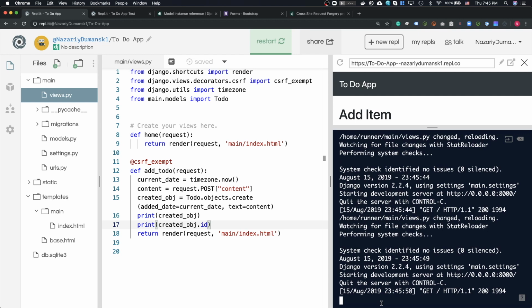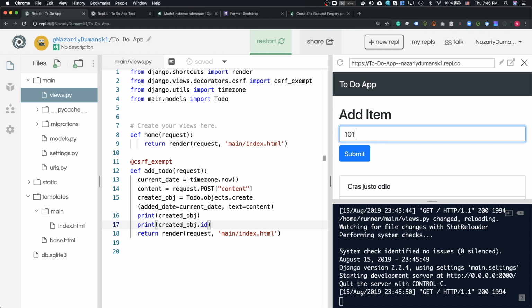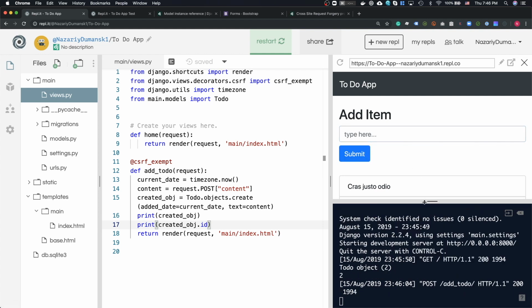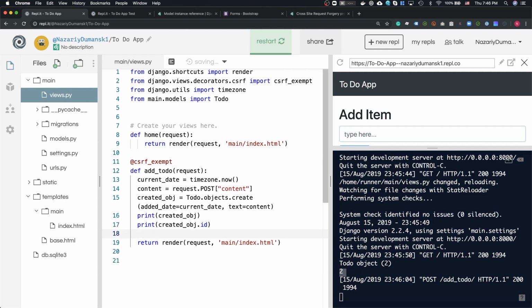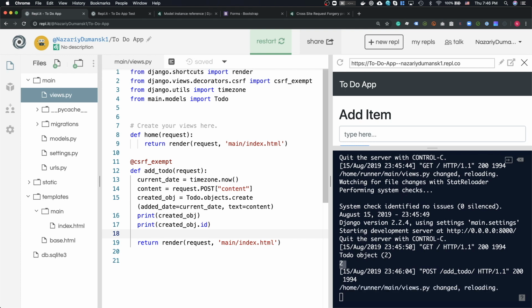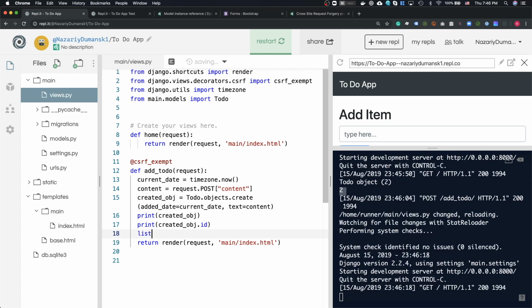So let's try this again. Add item 101 book. Submit. There we go. To do object 2, the ID of it is 2. That means it's created. If we want to, actually, there's another way you can do this, is we can also print the length of to-dos,